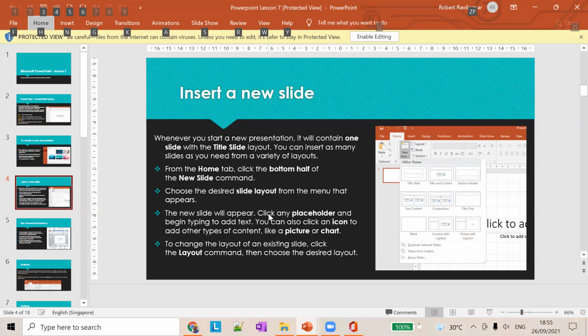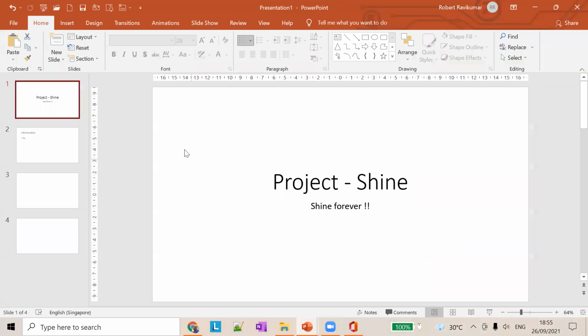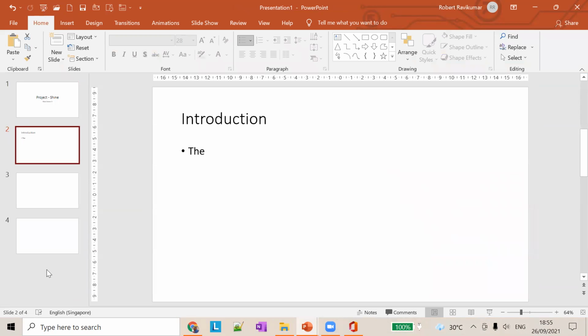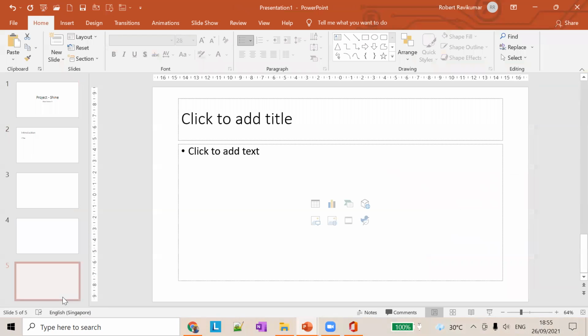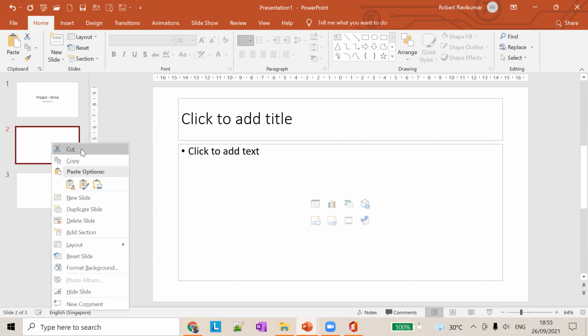So in this slide, we're going to learn how to add slides, and while adding slides, we have to choose the desired layout we want. What I first did, if you remember, I just right clicked and clicked new slide, and it added a slide with a default layout. But this time I don't want to add a default layout. Let's say I want to add a different layout where we can insert pictures and other stuff like that. Let's see how to do that.